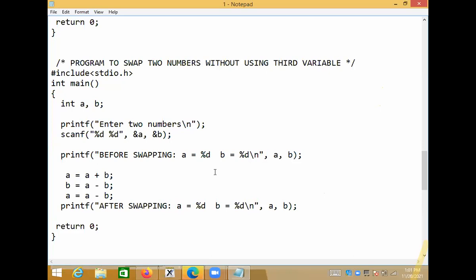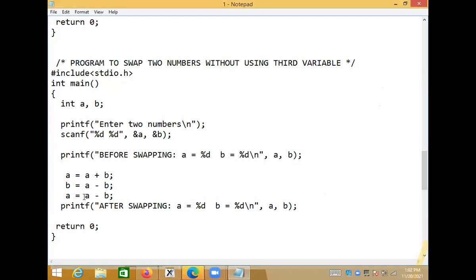That's it. Okay, I have a minus b is equal to a. No. On the left hand side you should have only the variable. I said in programming, you should not write like this: a minus b is equal to a. Left hand side you should have only a variable.